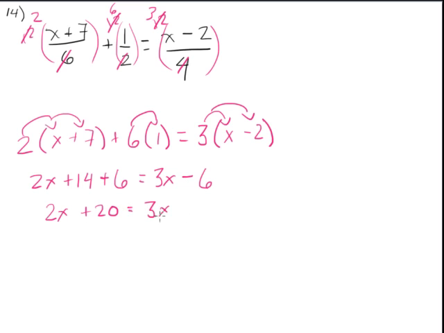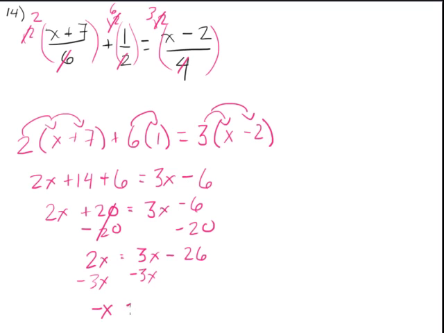Then write everything else. So letters on the left, numbers on the right. So I'm going to have negative 20 here because I'm going to move this number over to the right hand side. So no more 20 there. 2x equals to 3x. Negative 6, negative 20, that's going to be negative 26. Then let's move over this 3x to the other side. I'm going to have minus 3x here, minus 3x here. I'm going to be left with 2x minus 3x, which is going to give me a negative x, or negative 1x,